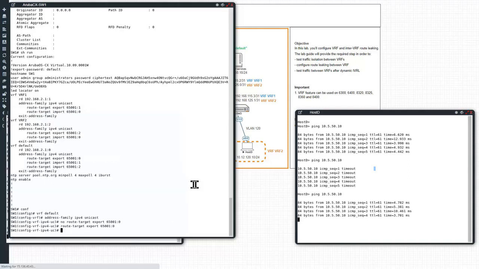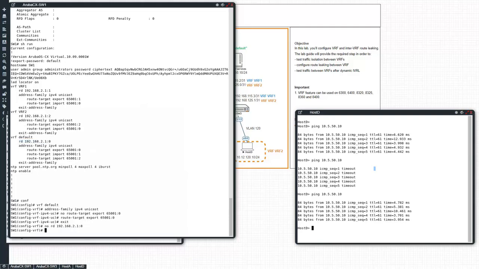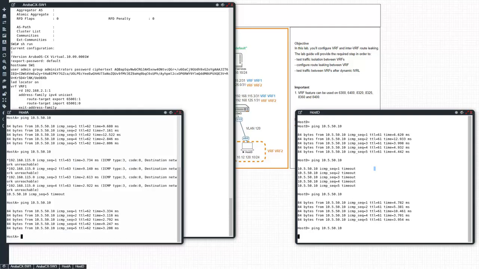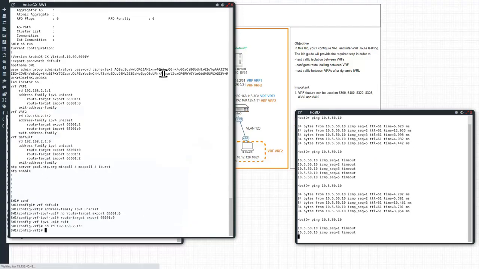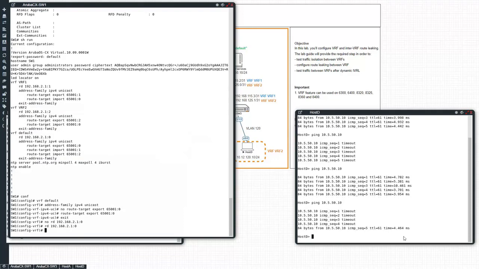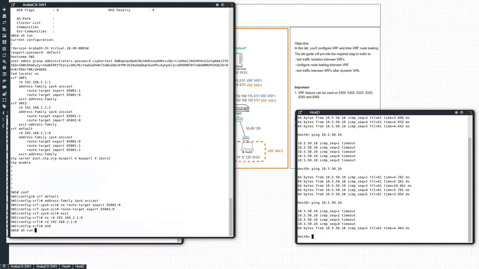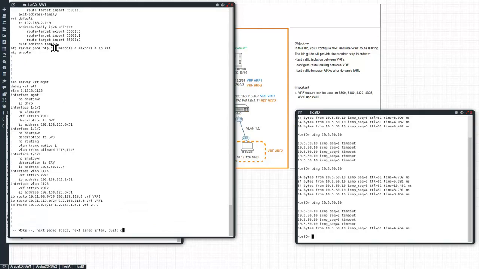Okay, let's check what happens if I forget to configure the route distinguisher. Similarly, you see the route distinguisher is a must. If I put it back in the config, you have it again. Right, so I hope this explains in a short and efficient way the dynamic IVRL,